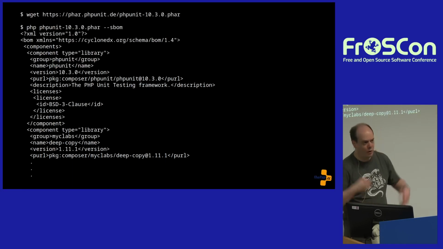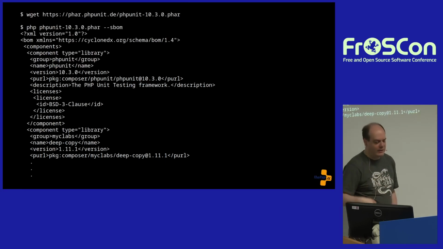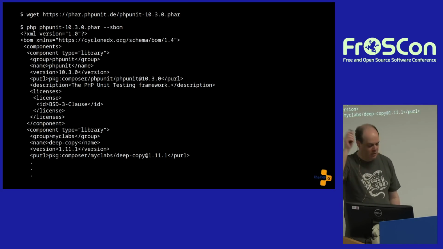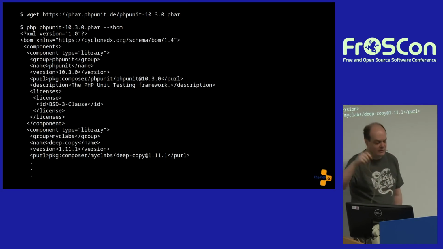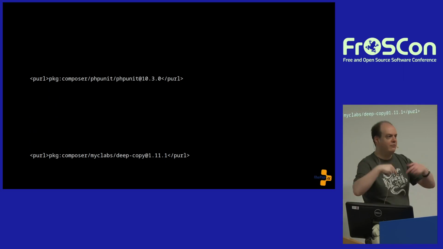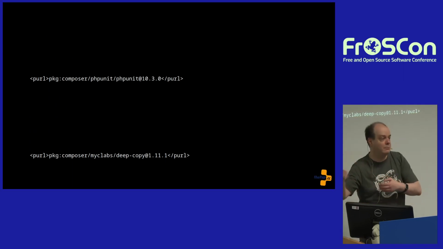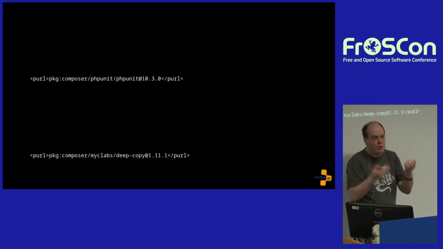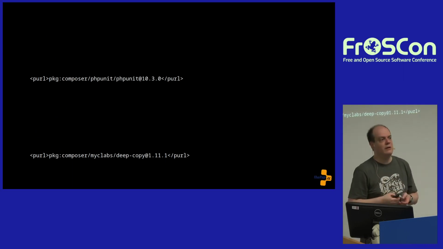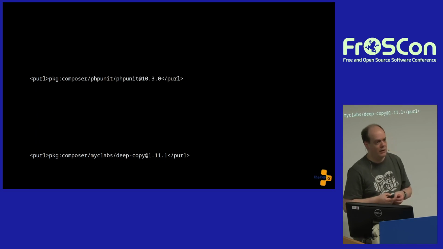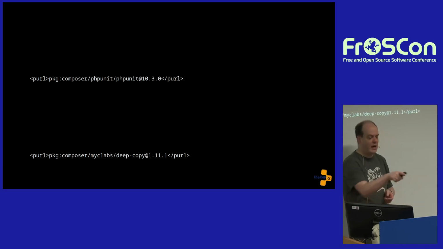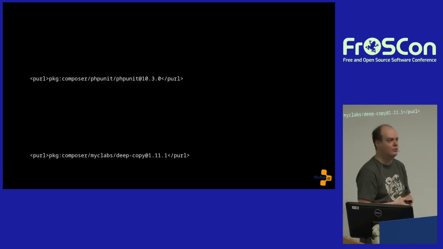There's no point, in my opinion, to put information like group name, description, license information, whatever, into the SBOM for that particular thing. That's information that can be looked up. And most of the things that you do with this information involve lookup. You have then tools that look like, okay, this is a package that I can install using Composer.